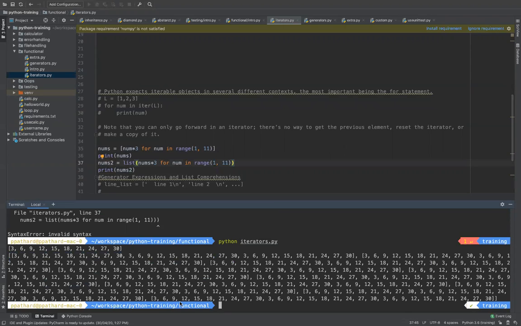There is a different output, but that's fine. The generator expression is an expression which will give you a generator.